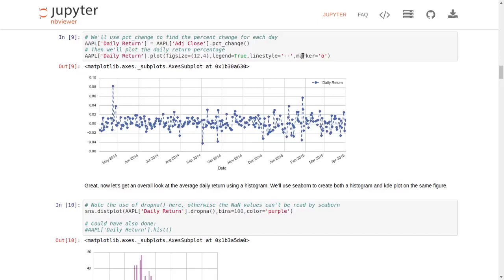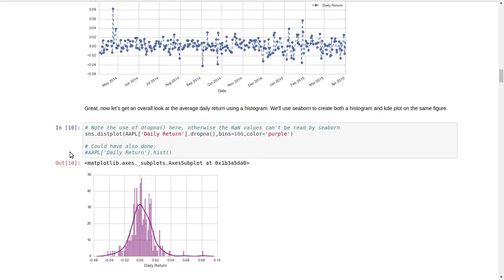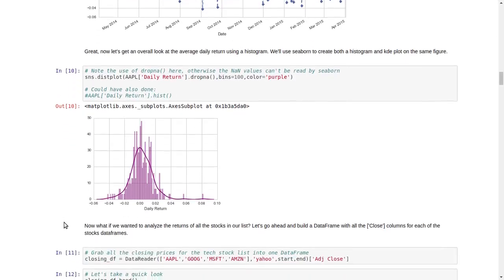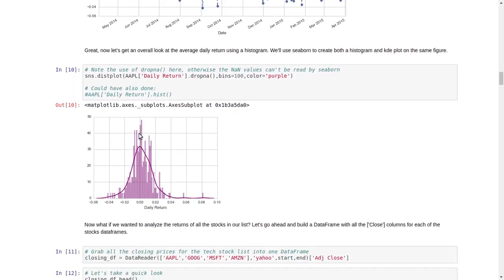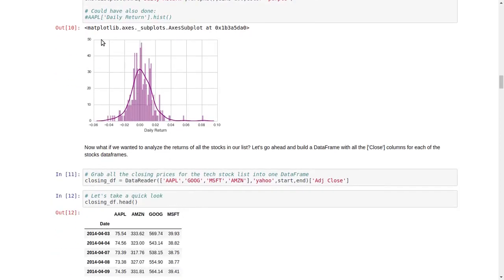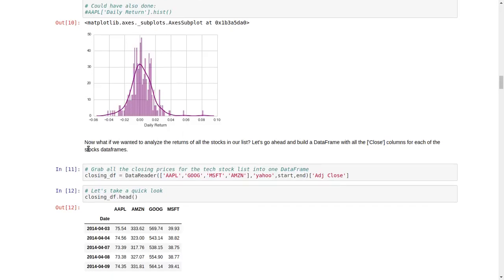You can use marker O because this circle is coming over here due to this only. Now we have represented the data using histograms as well. We are able to do all this plotting due to Matplotlib.